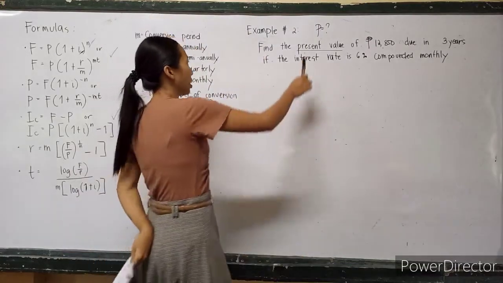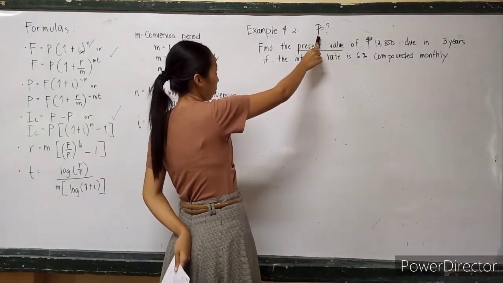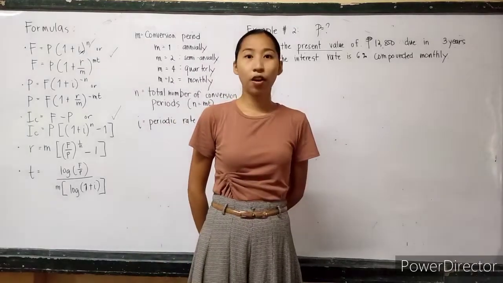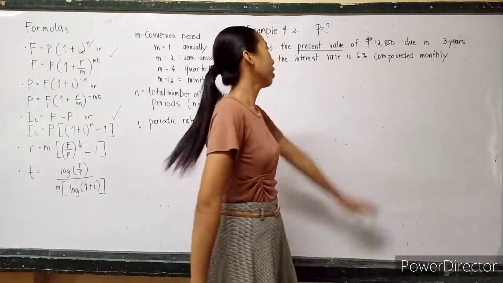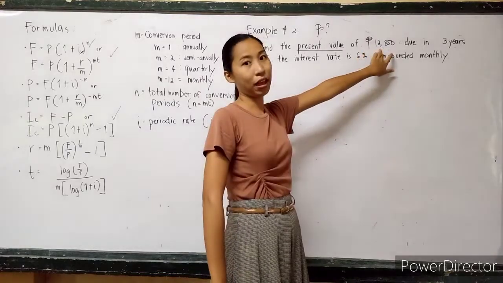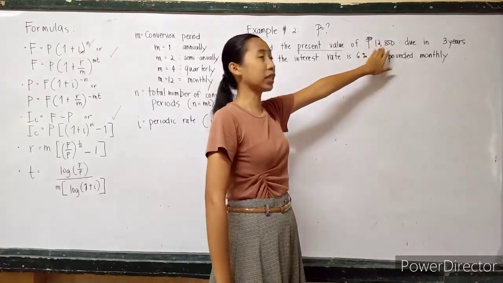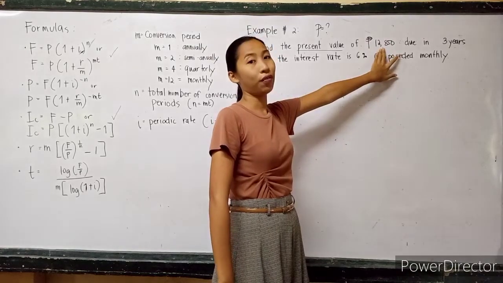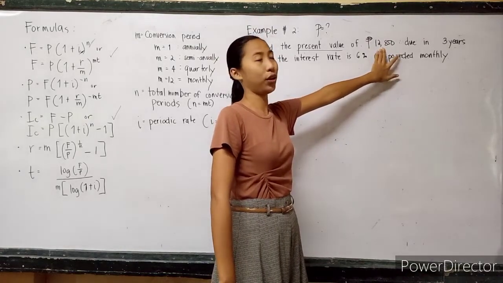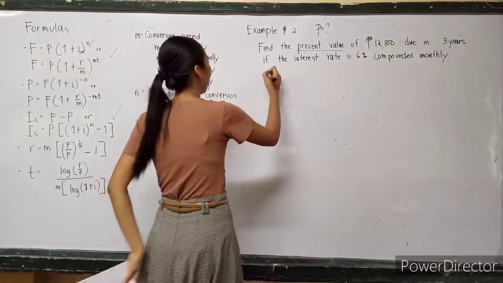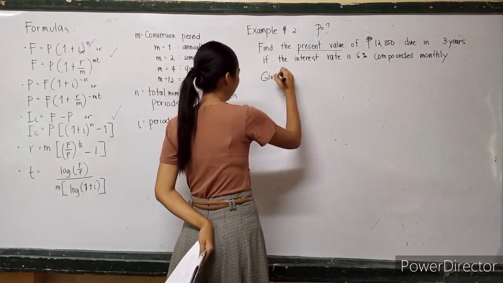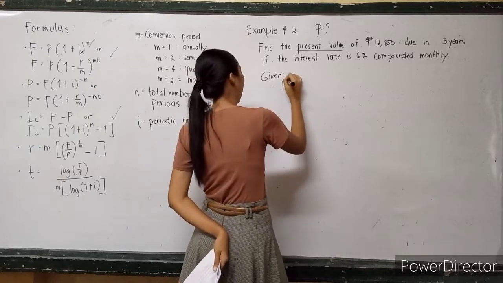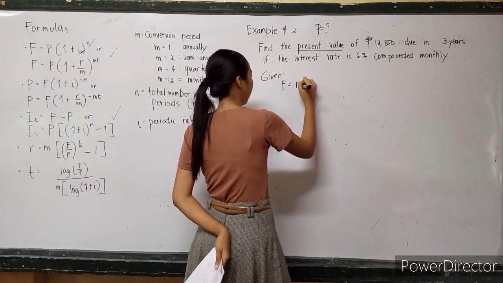Since gipangita nato is present value, therefore we are looking for P. But this given right here is our future value or compound amount. So ang first nato is given. Again, atong isulat ang given. F is equal to